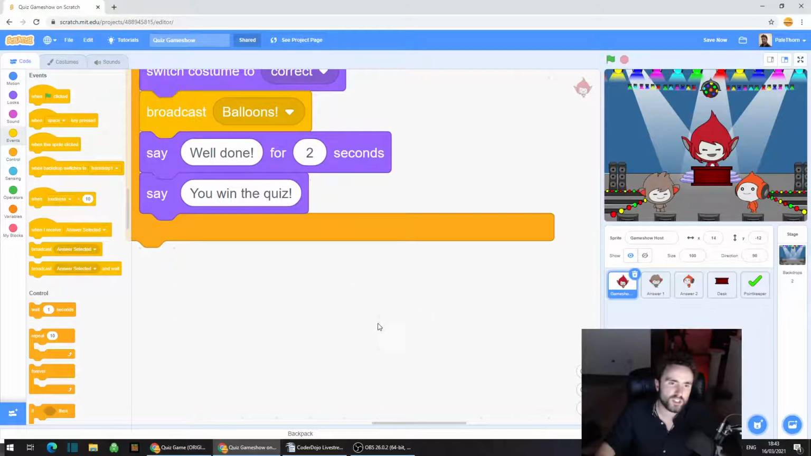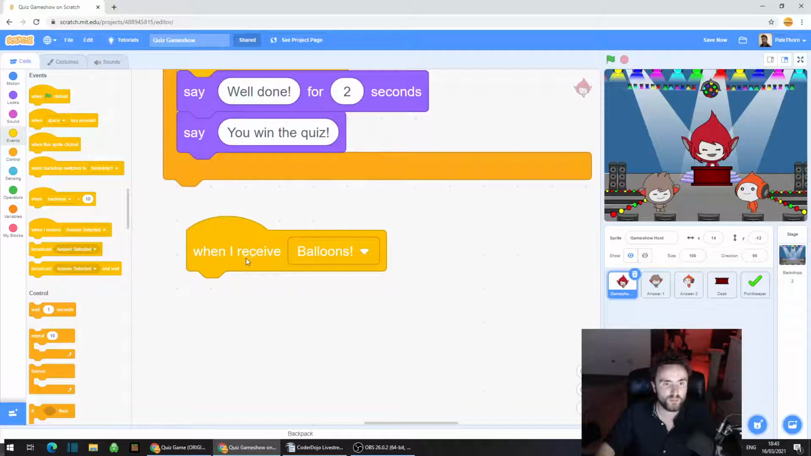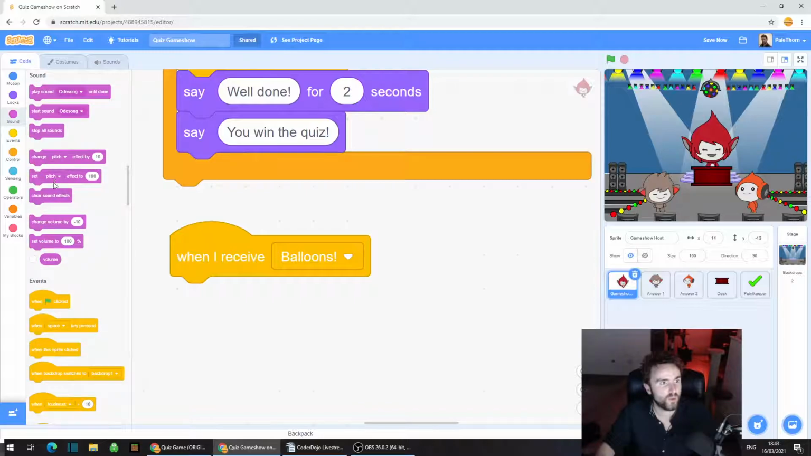Now you can do this slightly differently if you want, but this is the way that I'm going to do it, because I want the balloons to start as the game show host says, well done, you win the quiz. So pull out when I receive balloons! Exclamation mark. Put that by itself somewhere. And we're going to go to sound. We're going to pull out